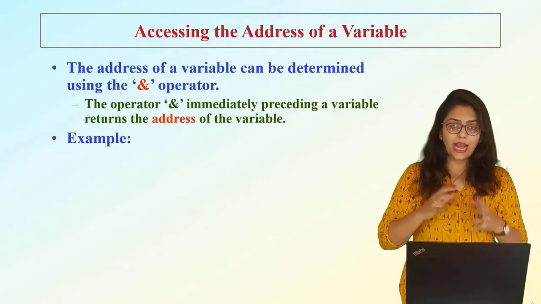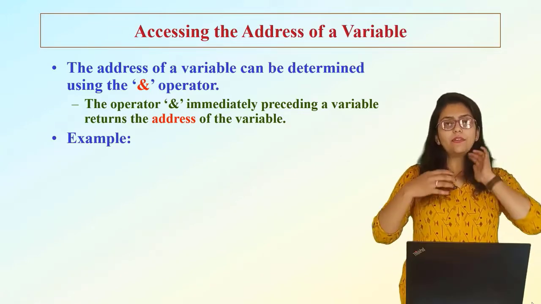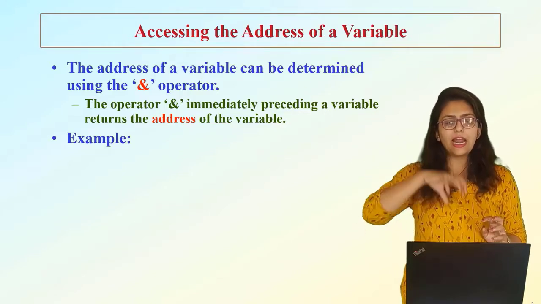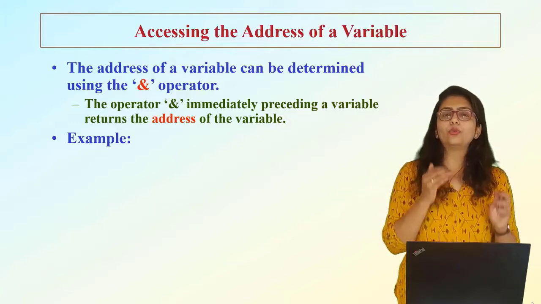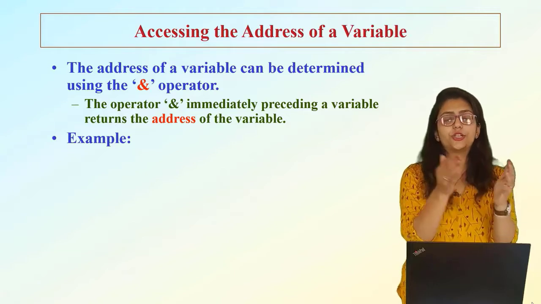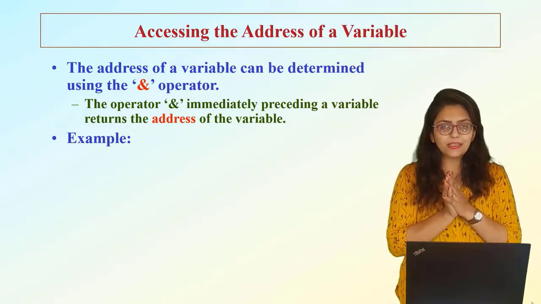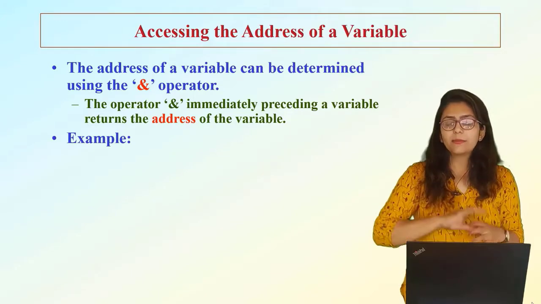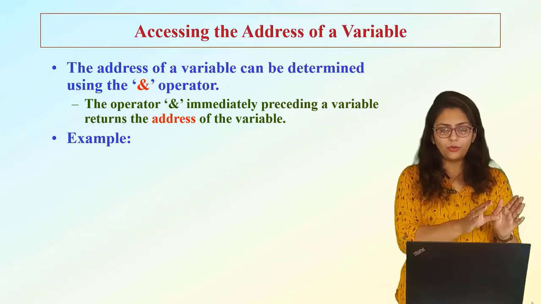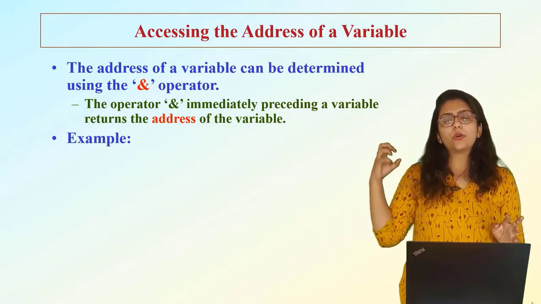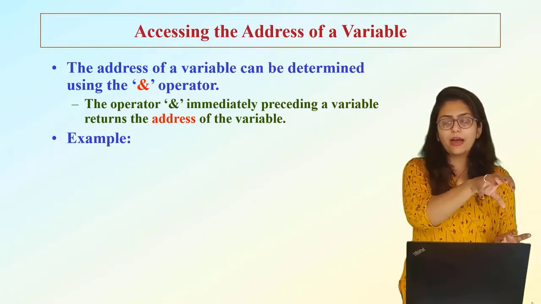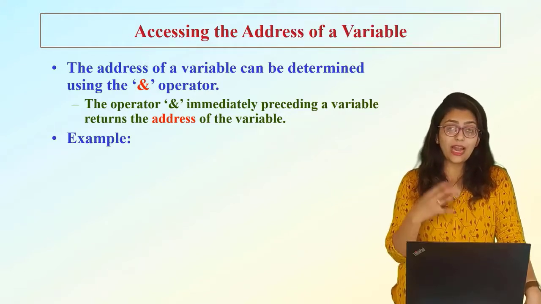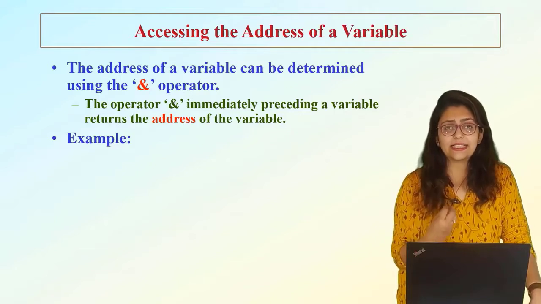Why are we using the address of something in scanf? Because whenever I want to take a value from the user and store it somewhere in memory, I have to tell my system at which memory location it should store it. So in scanf I was telling my system to store the value entered by the user at the memory location of A. Suppose A is stored at location 100, then it will store the value entered by the user at location 100. How could it know? By seeing &A, right?